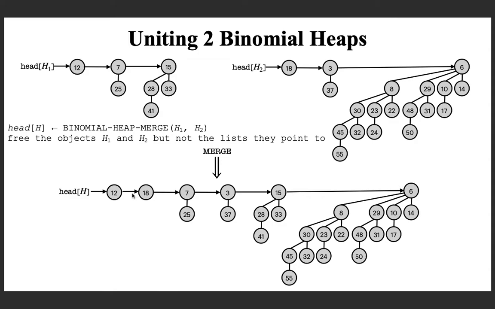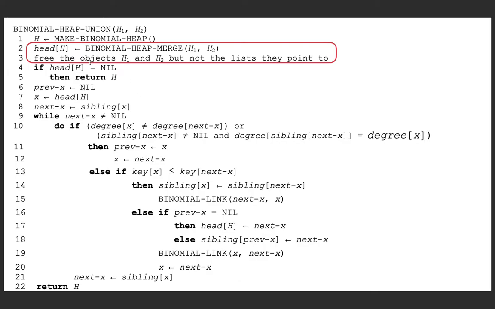Now you can just free them because you don't need them, because you combined it, and you don't have to destroy the links within the nodes. Just free the memory allocated for the header nodes H1 and H2, and that is what the algorithm is doing after making the pointer to the resulting list. Okay.